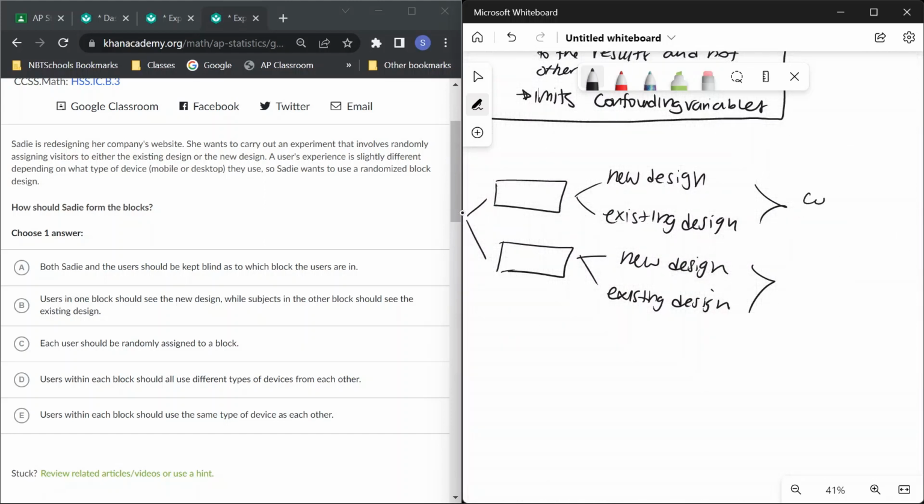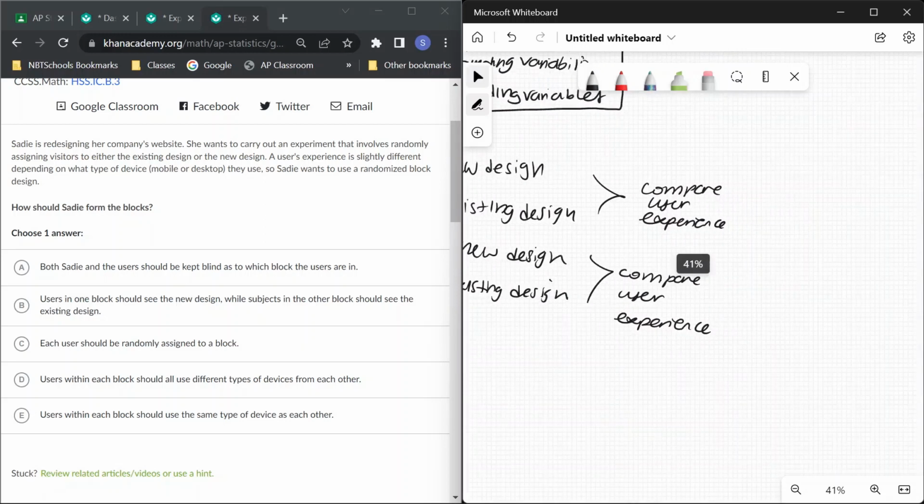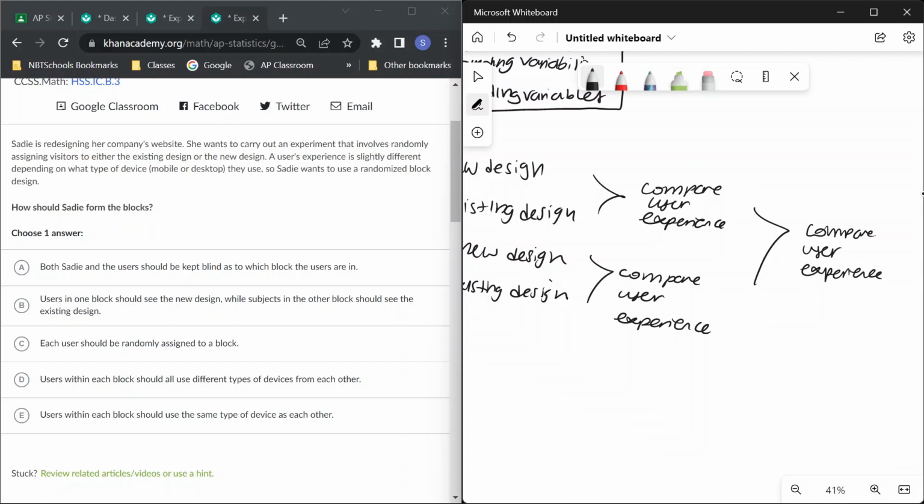Compare user experience, compare user experience, and then compare user experience again, or compare both user experience